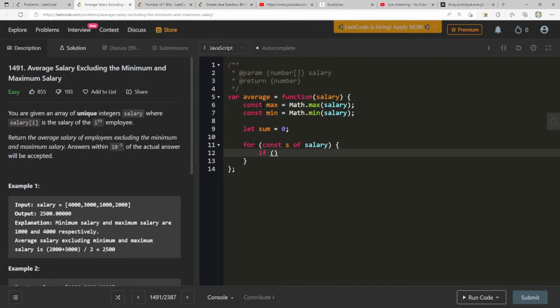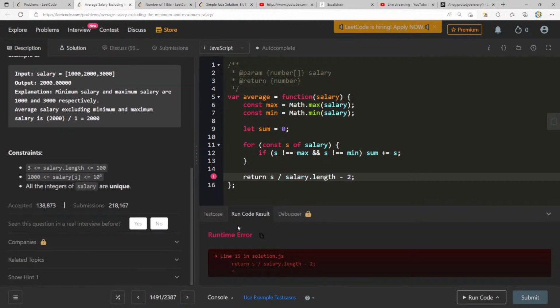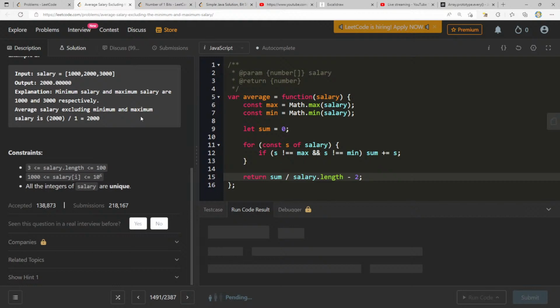If s is not equal to max and s is not equal to min, then sum plus equals s, and then we just return sum divided by salary.length minus 2. Oh, but I think it wants me to floor it. Return sum. Okay, I'm not sure what happened there. I think it wants me to floor it though.